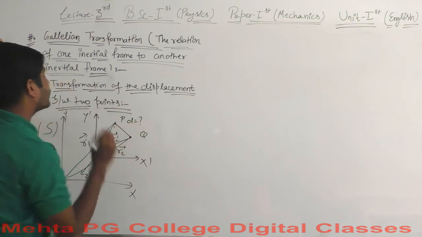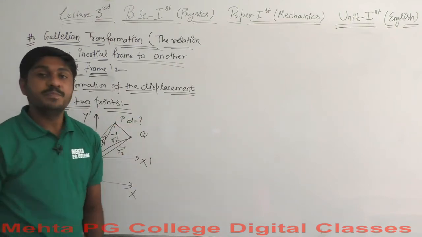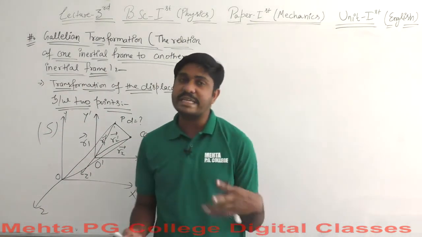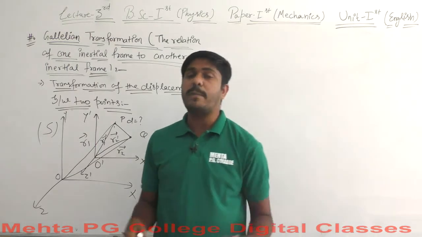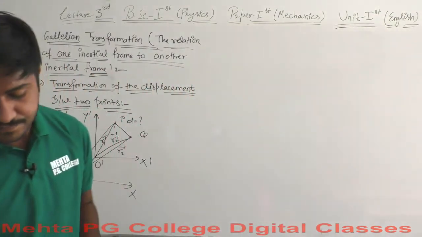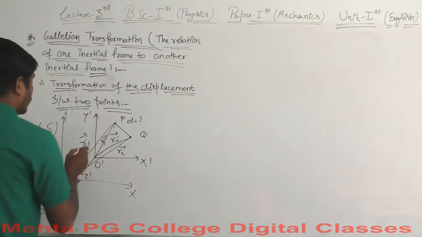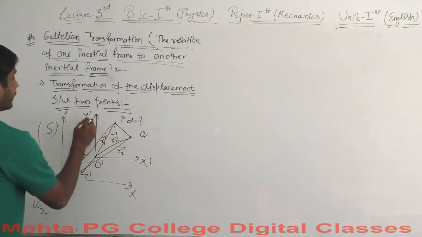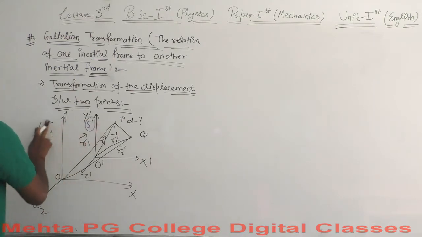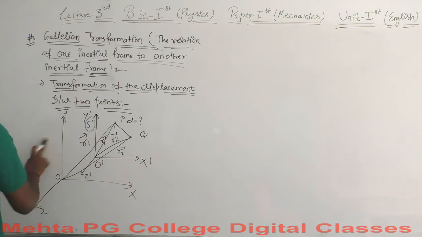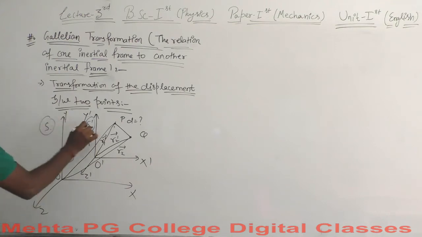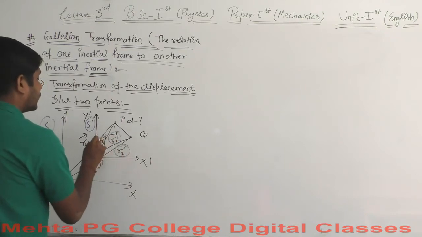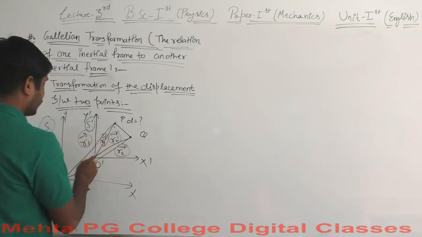So let's find out what the value of D must be, because D will have two values here. The value for the secondary frame S dash and for the primary frame S. Okay, so we will find out the values for both the frames, our primary frame of reference and then our secondary frame of reference. Let's find out. These are the position vectors. Don't get confused by these values. We will calculate them now.